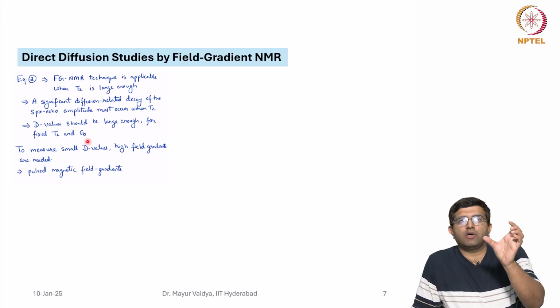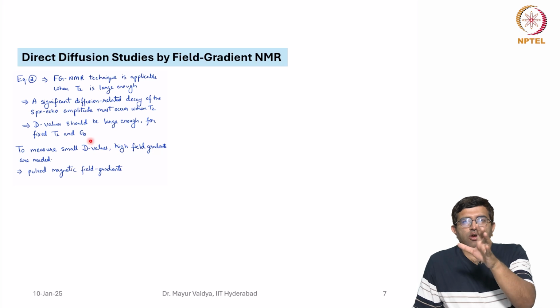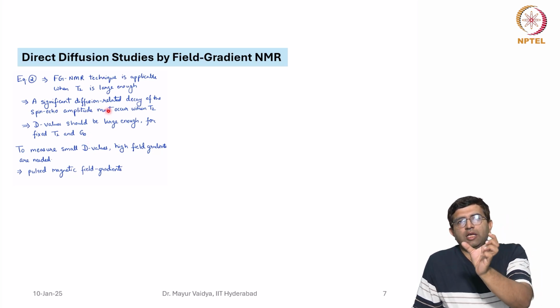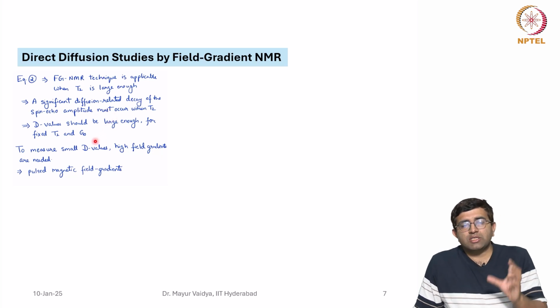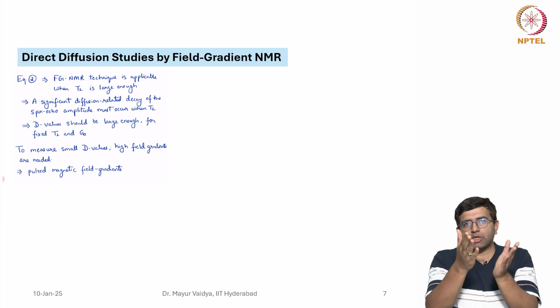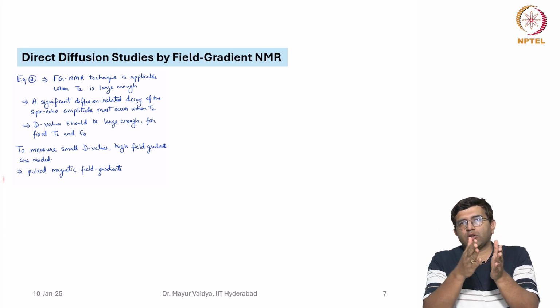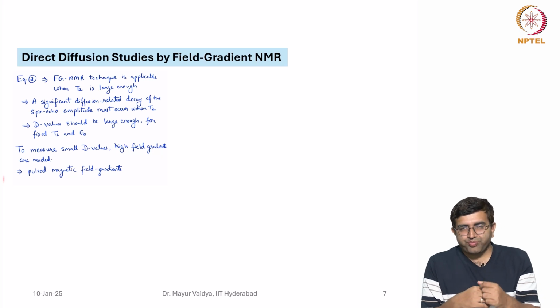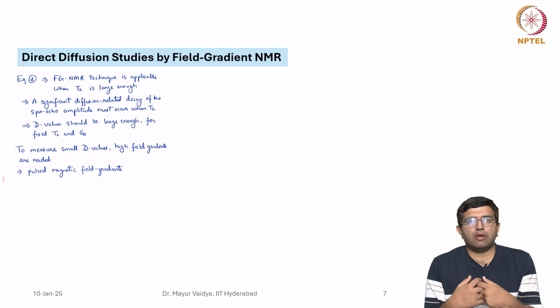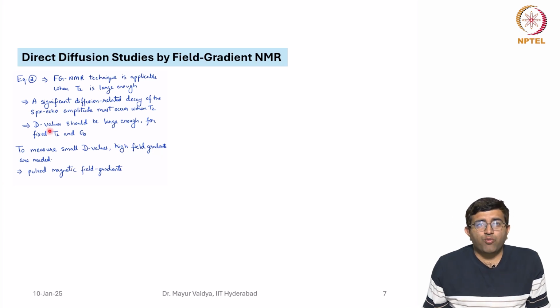So, if you choose T2 to be a certain value, and G naught is a certain value, then the D should be large enough for the decay to occur within that time. Because if there is not much decay, if you are varying some parameter and there is not enough change in the value of the amplitude, then you will not be able to have a statistically reliable estimate. If you still want to measure the smaller D values, you require high field gradients which are provided by